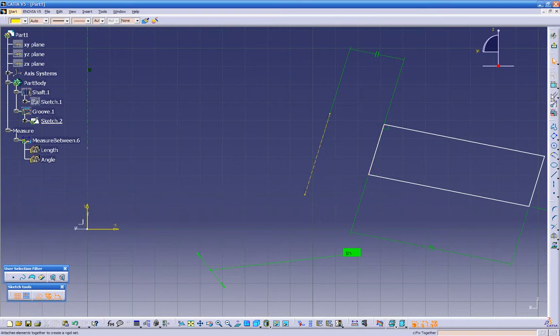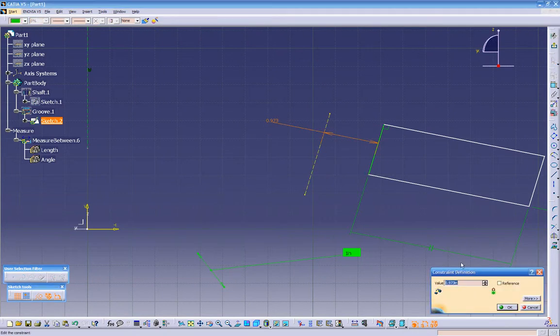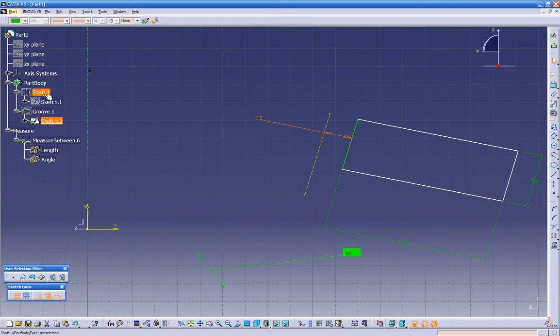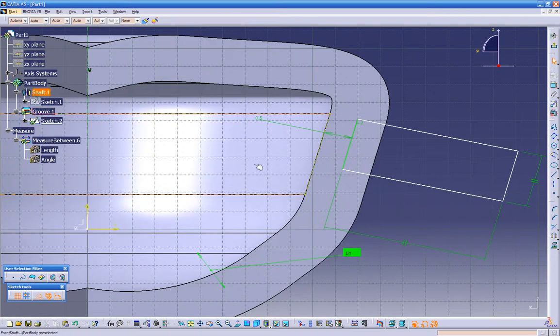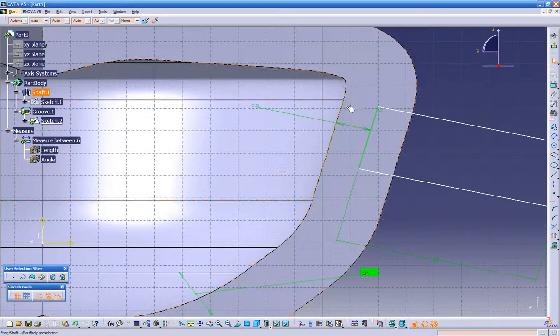Now we can throw some dimensions in there. So click on the constraint, this line with this line, and let's make it 1/2 inch. Now we can do a hide on this,